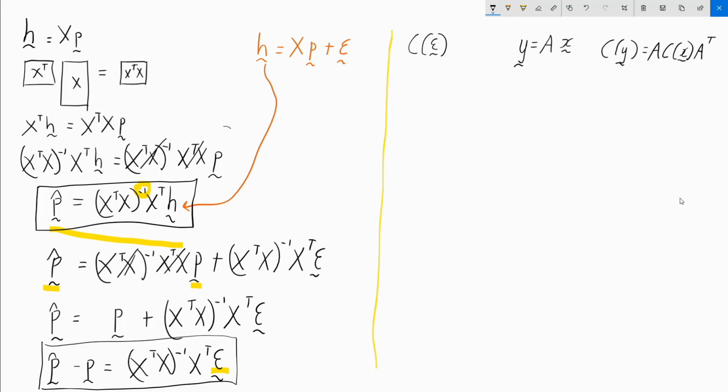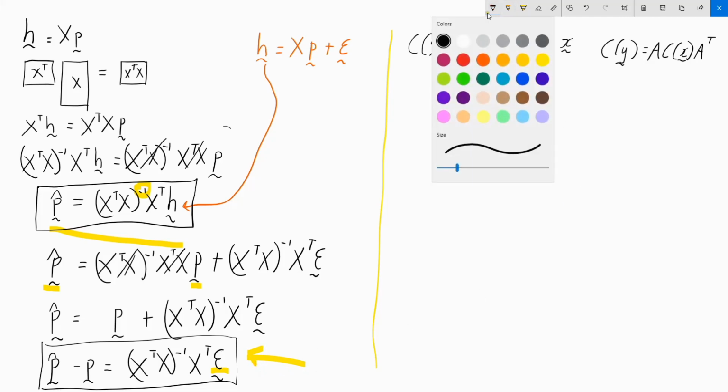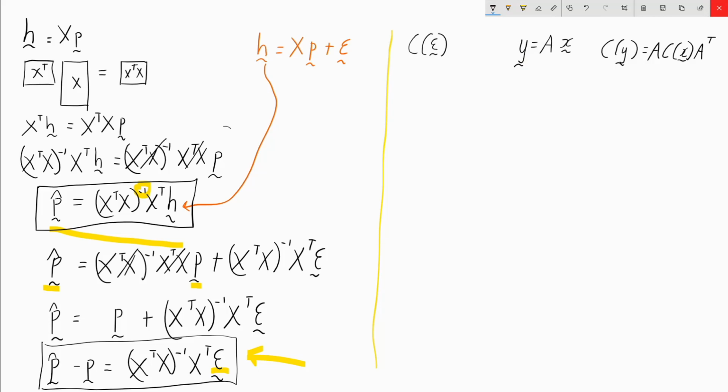Let's apply that. So let's take this equation here as our starting point, and let's calculate the propensity for error in our parameters, that is the covariance matrix of parameter error. So covariance matrix of parameter error, C of p hat minus p